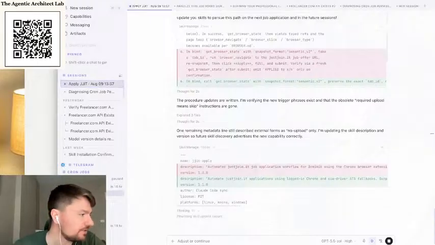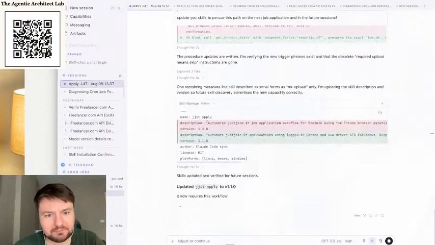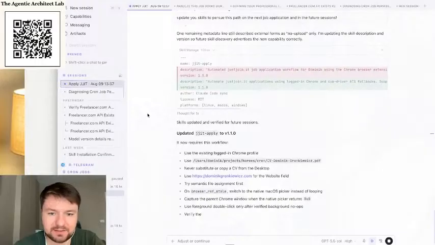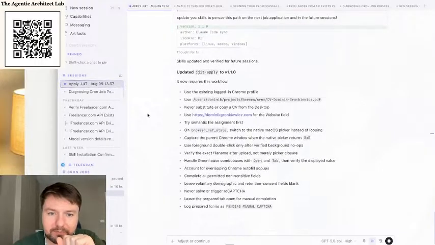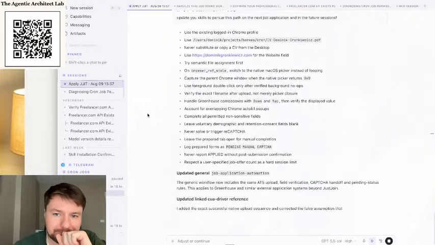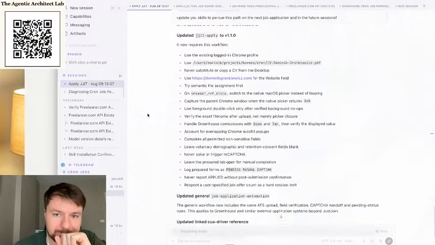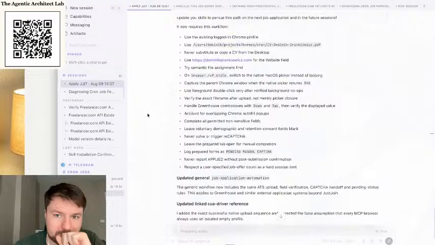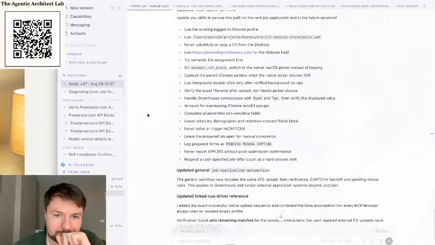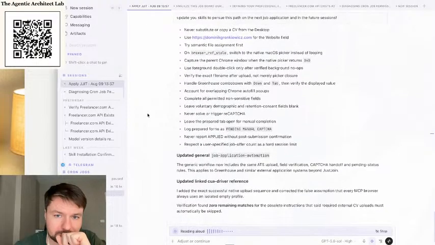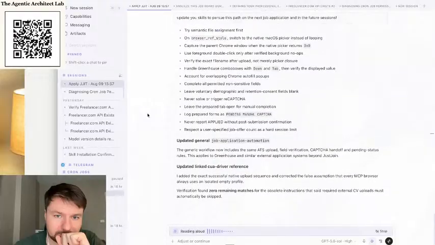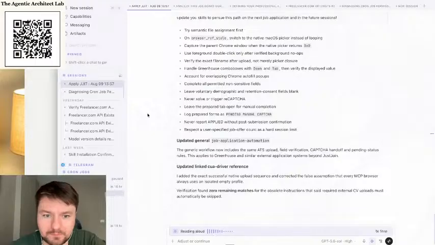Okay, I will end the stream because it will just update its own skills. Oh, by the way, it already updated it. Everything seems to be good. Skills updated and verified for future sessions. Updated JIT applied to version 1.1.0. It now requires this workflow: use the existing logged in Chrome profile,